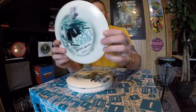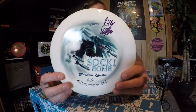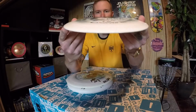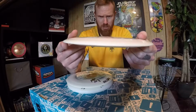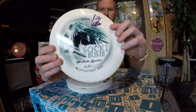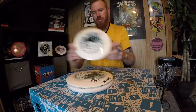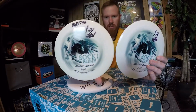Next I've got the Ballista. I think one of the first releases for the Ballista. Limited edition Snowline Ballista Saki Bomb. Nice pop with glide here. These things just go so far. So good. Nothing like the original, what came next, the Ballista in Opto plastic and Fusion, whatever. The Snowline was where it's at. These have nice skips too, or they go dead in the ground when they're spiking straight down. But I got two of these. One, I don't remember where I got this one, but I've also got another, same,